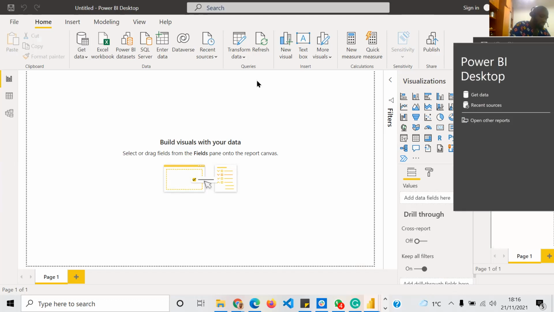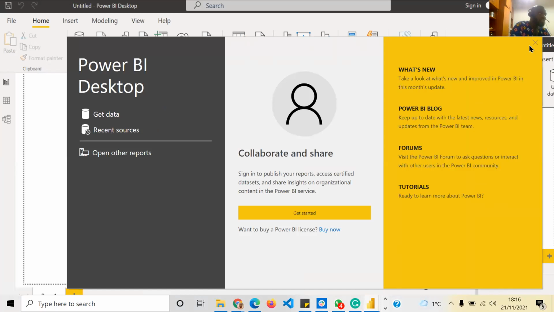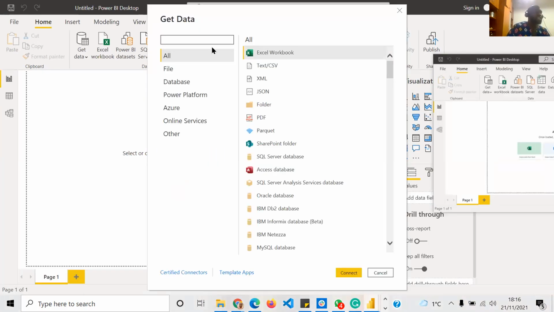I don't know, this is just popping up. You can close it. Has anyone loaded the data?